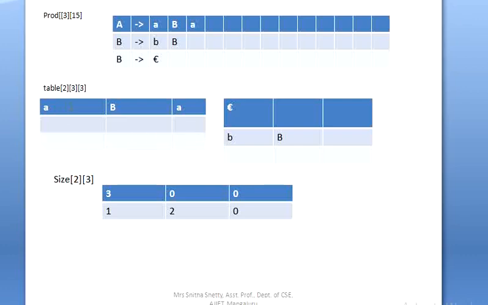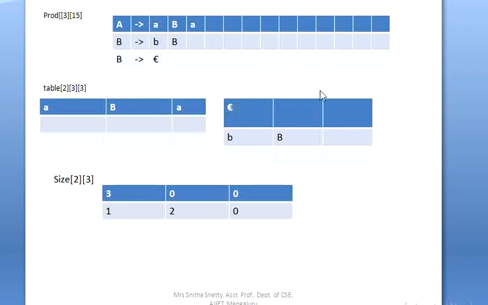Here, how to refer to this index? 0 0 0, this is 0 0 1, this is 0 0 2. This is 0 1 0, 0 1 1, 0 1 2. Here it is 0 2 0, 0 2 1, 0 2 2. Similarly, how to refer to this?